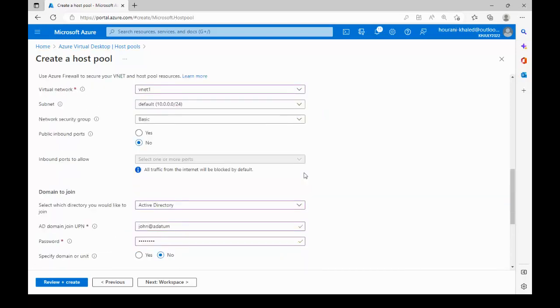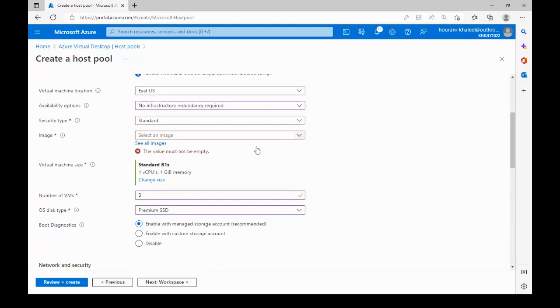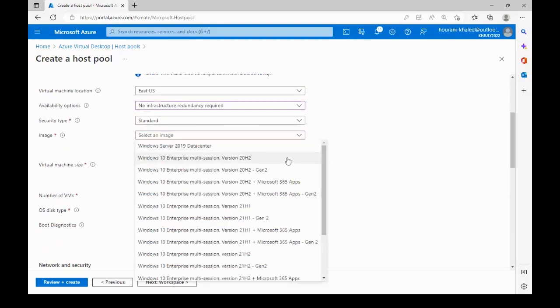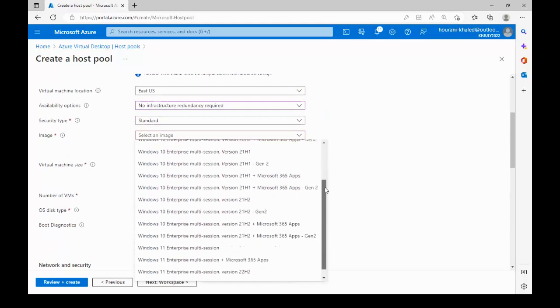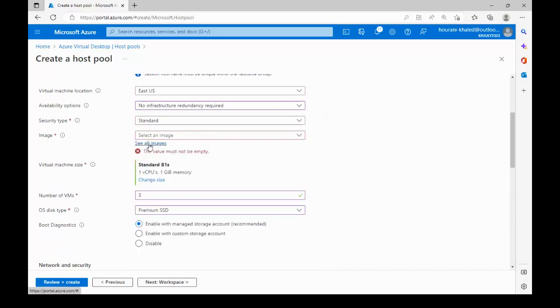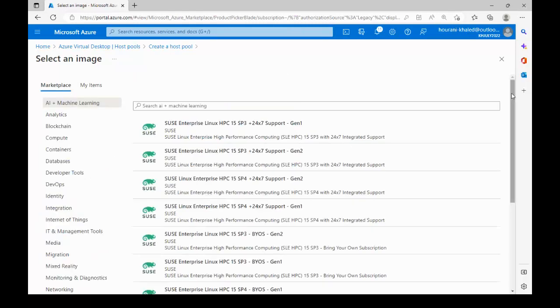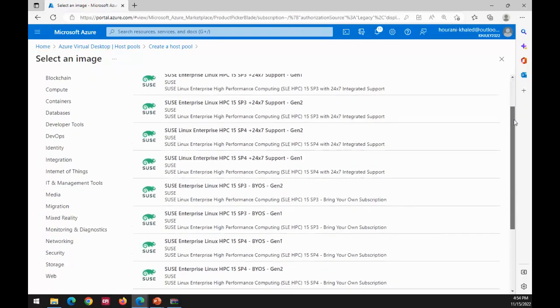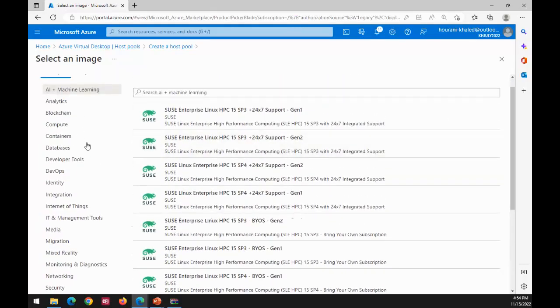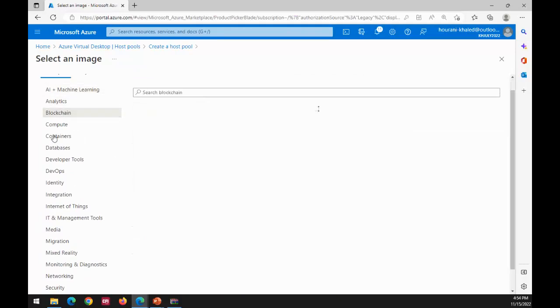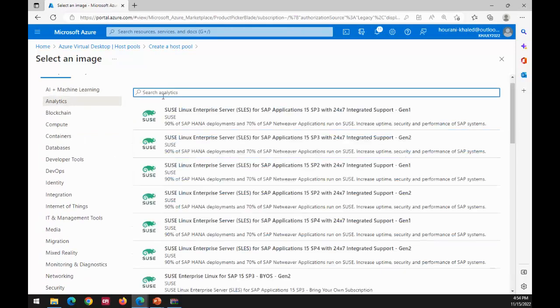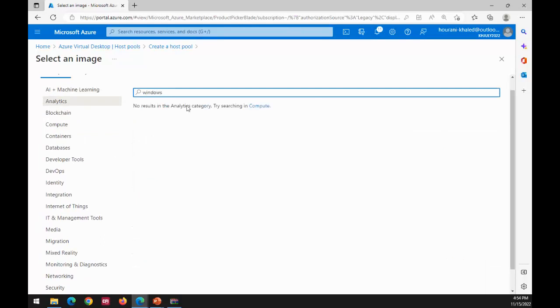Okay, let me go through it with you again here. Let's see, I will select. As you can see here, you can use one of many choices. If you need to see all the images, you press See all images. It will show you the marketplace images. Here, as you can see, you have lots of machines, just categorized. Let me type something to search for something specific. I will type Windows, and it will